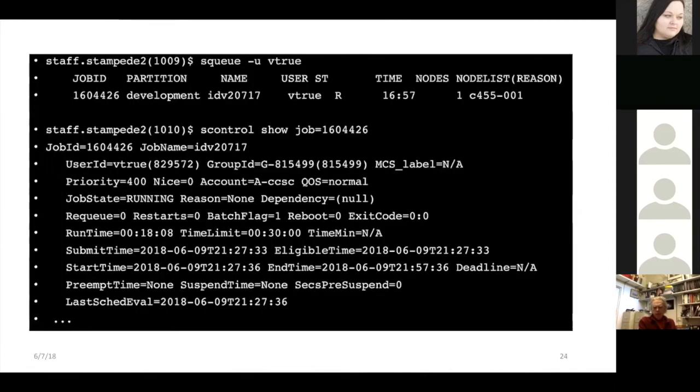So here's an example of using squeue and scontrol. If I have jobs running and I do squeue -u and then my username, it shows me all of the jobs that I have running. In this particular case, I had a single job running on the development queue. And you can see what time the job started and how many nodes I was running on. It also gives me the name of the node that I'm running on. So in this case, I was running on